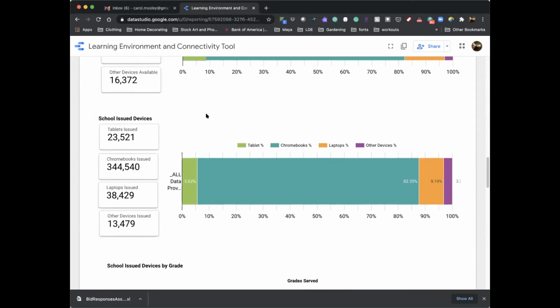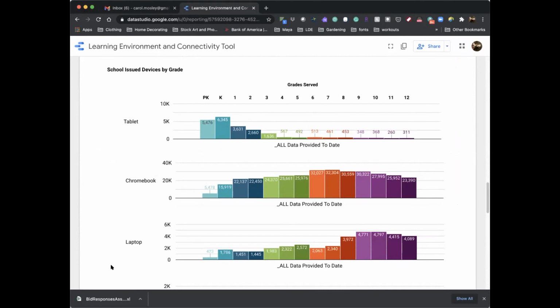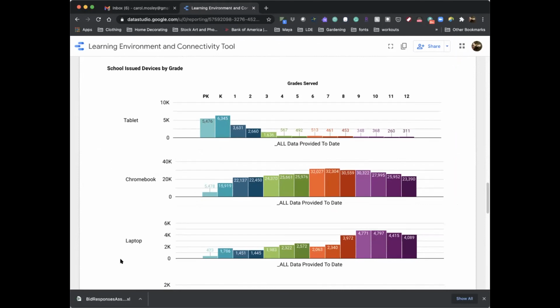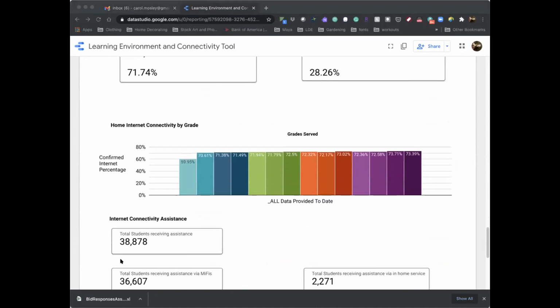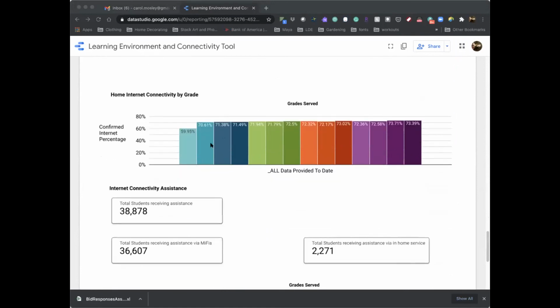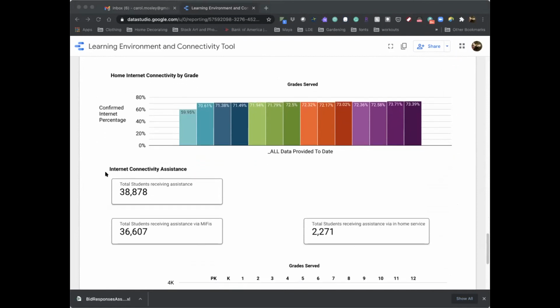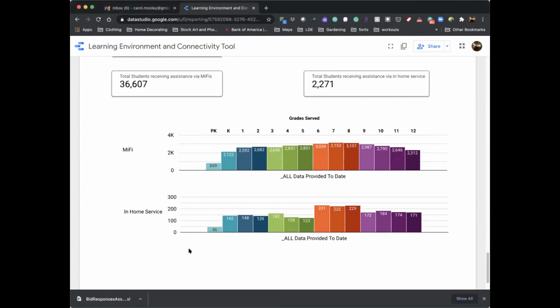How many devices were issued to students, how those devices were issued by grade level, and the home internet connectivity for students, being the confirmed internet percentage, how many students had internet,